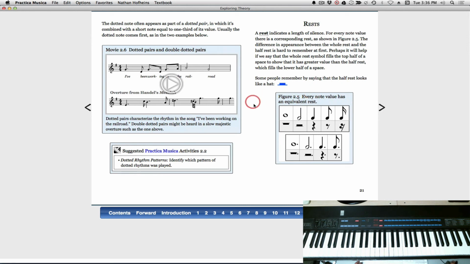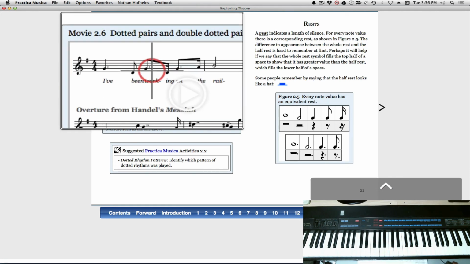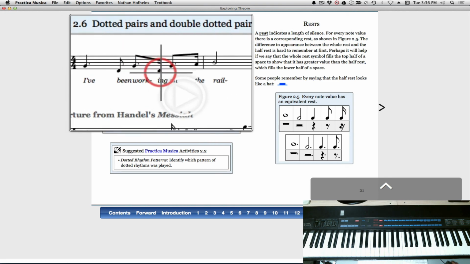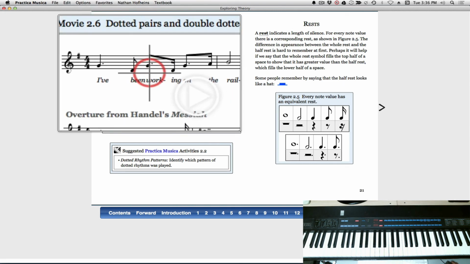Here's some more examples of dotted notes. And this one is pretty interesting. I've been working on the railroad. You know that song, right? Here's the beat. So you see there's some dotted notes in here, and that's why we get this bum, bum, bum, bum,